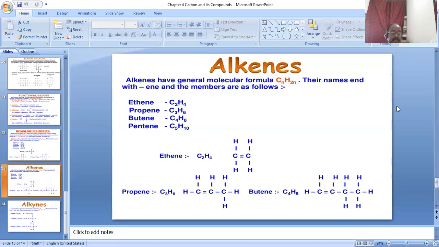Like that, an addition reaction is one in which two reactants add up together to produce a single product. Ethene combines with hydrogen in the presence of a catalyst like nickel or platinum at 250 degrees Celsius. Suppose C2H4 is added to H2; after that reaction the total hydrogen value is 6. Now the new formula is C2H6, which is an example of ethane. The addition of hydrogen is called the hydrogenation process.